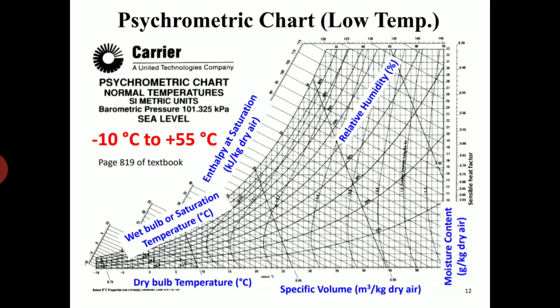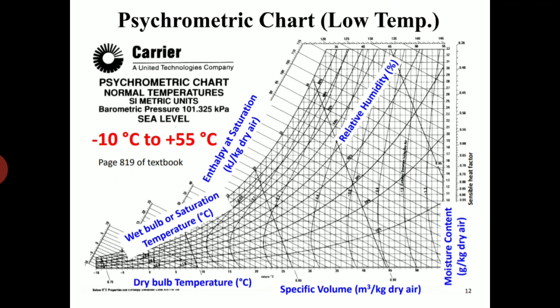In calculation we have done W equals 0.622 into PV by PB minus PV. That is done by calculation, but we can obtain W directly from this chart. So W is the right-hand side y-axis scale. The third parameter is relative humidity, phi. It is shown in this chart as continuous curved lines of 10, 20, 30, 40, 50 percent up to 100 percent. In calculation we calculated phi equals PV by PS, but here in this chart it can be obtained directly.